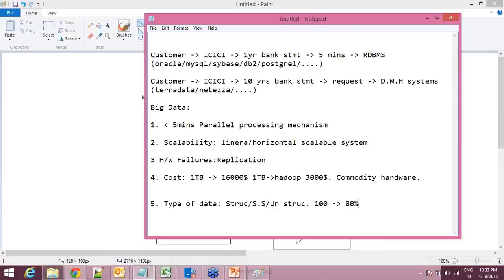Why? Because this unstructured data plays a very important role again in real time. And why is such a huge volume of unstructured data generated? Because the sources that generate unstructured data are more compared to the sources that generate structured data. For example, if you take satellite data, some military surveillance data, some biological surveillance data, call center data, social networking data, like Twitter data, Facebook